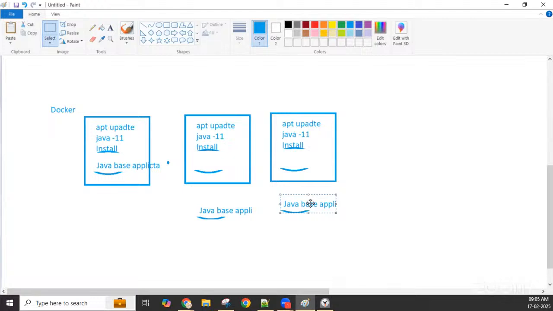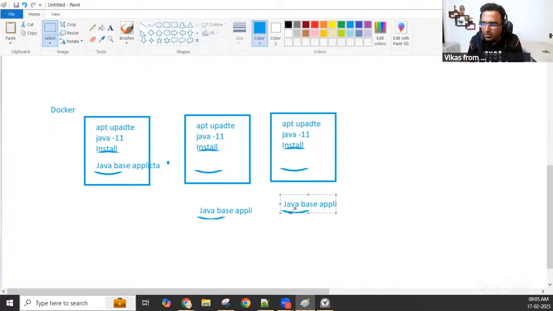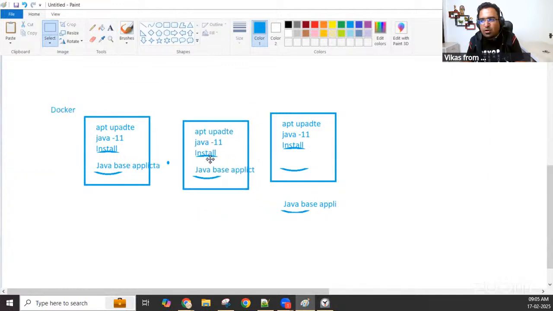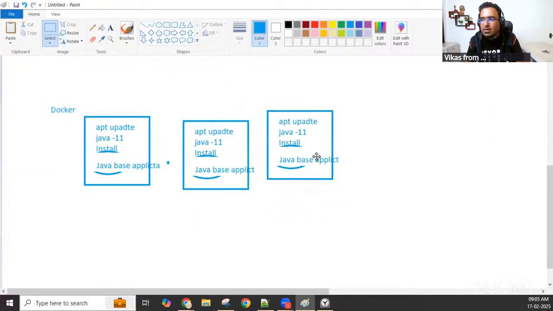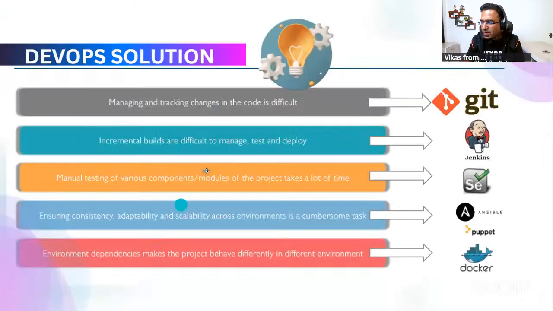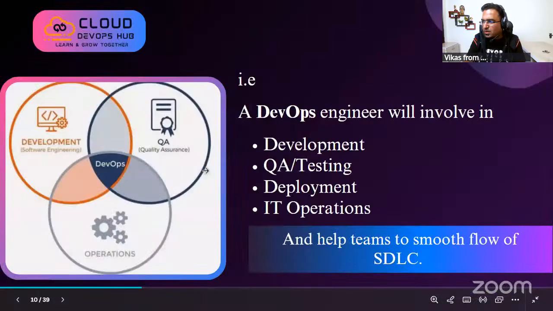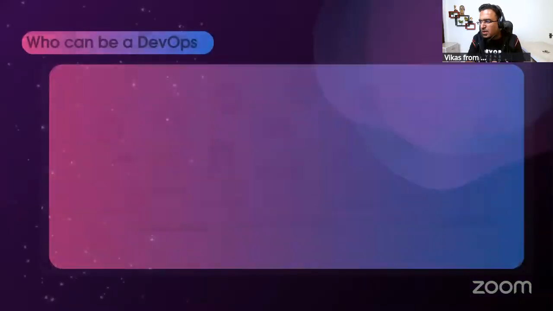I'm telling all that. If this problem is happening, and you pack everything, the binary, library, dependency, code, or whatever is required, whatever the developer has set up in his environment, and set up the same thing in another environment also, the dependency-related problems will not happen. In this image also,